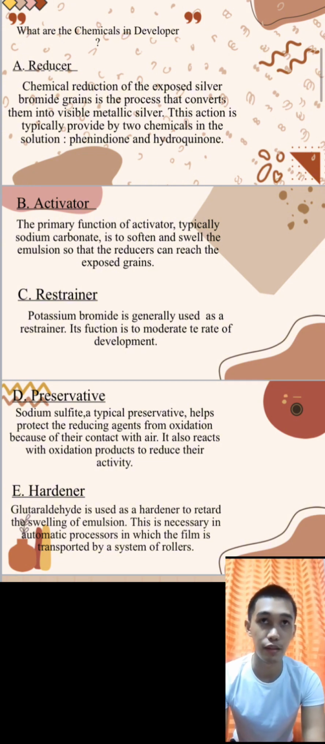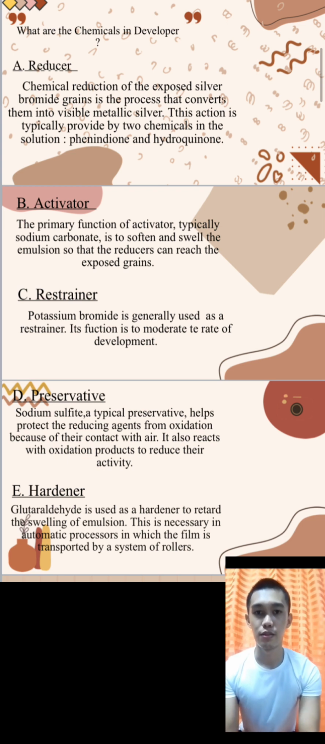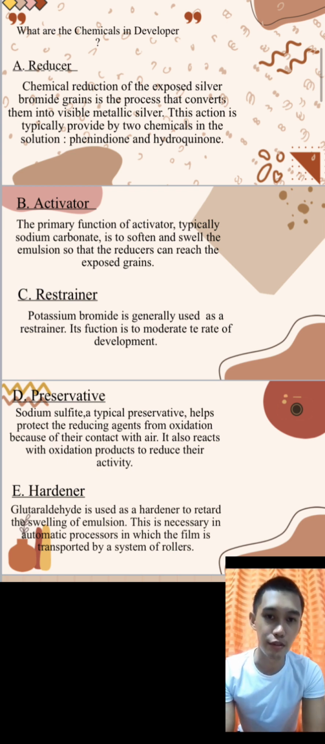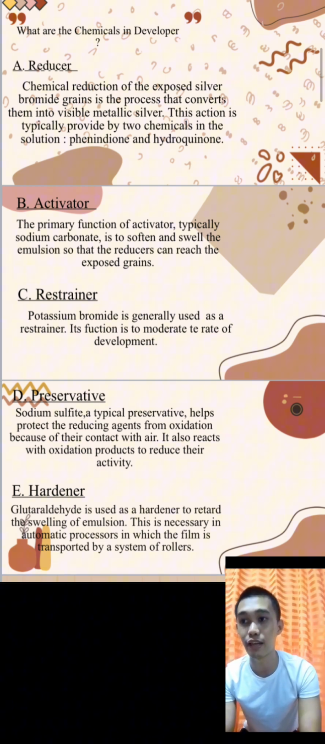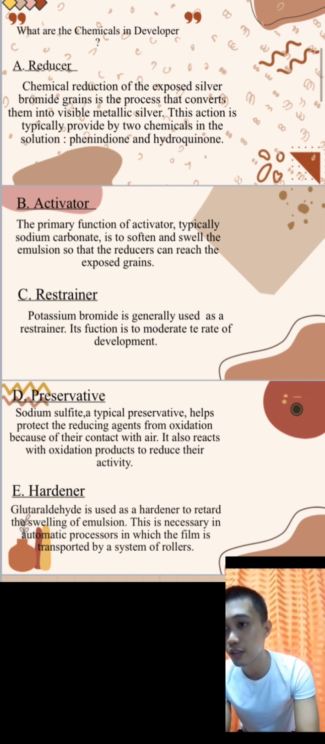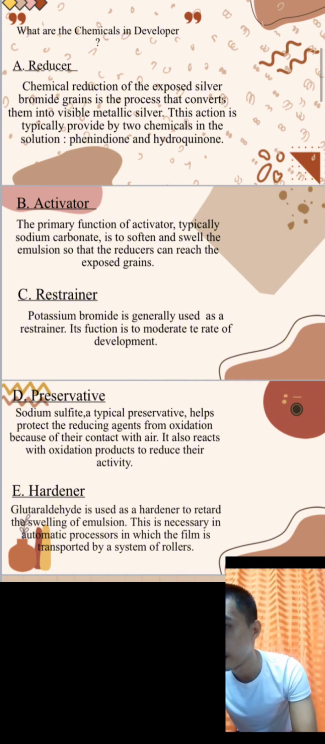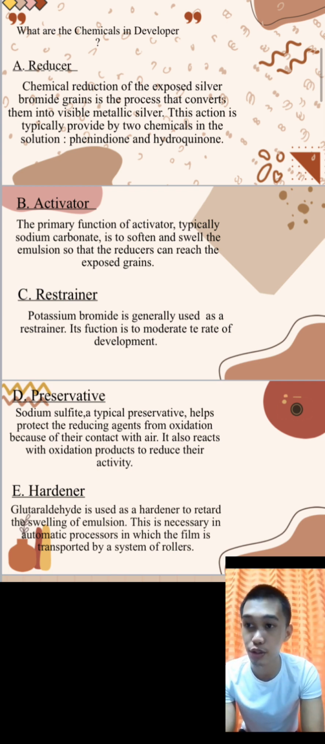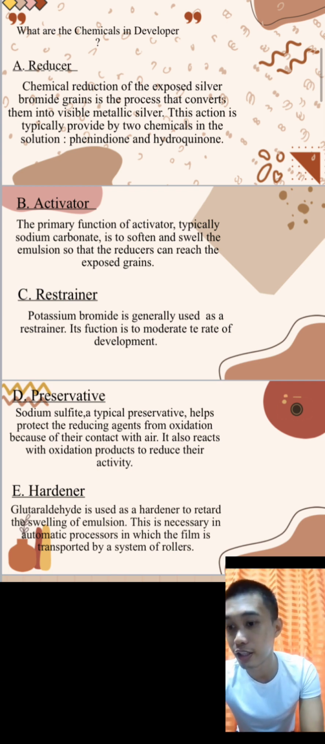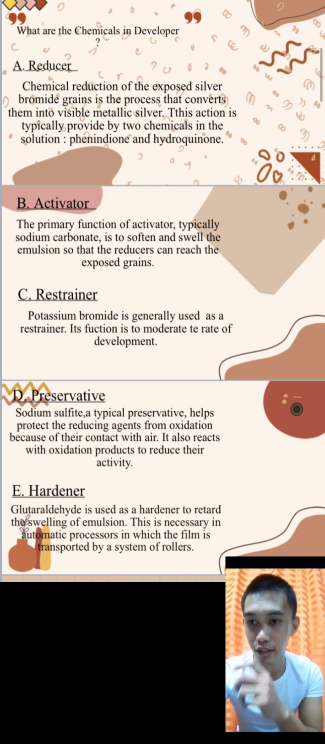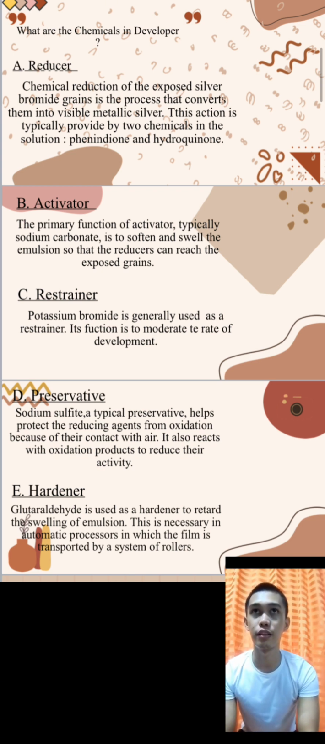criminal investigation. So number two, the activator. In the book, the primary function of the activator, typically sodium carbonate, is to soften and swell the emulsion so that the reducers can reach the exposed grain. So the reducer and the activator are connected, but